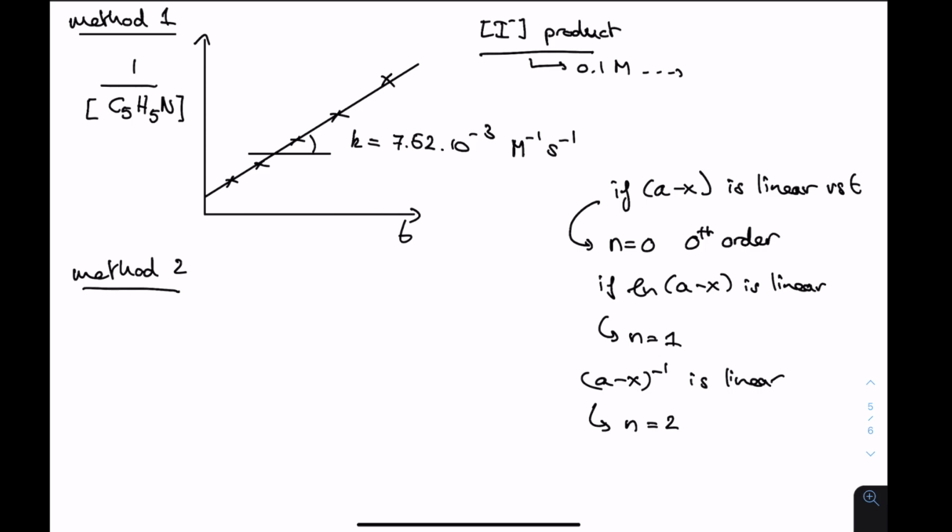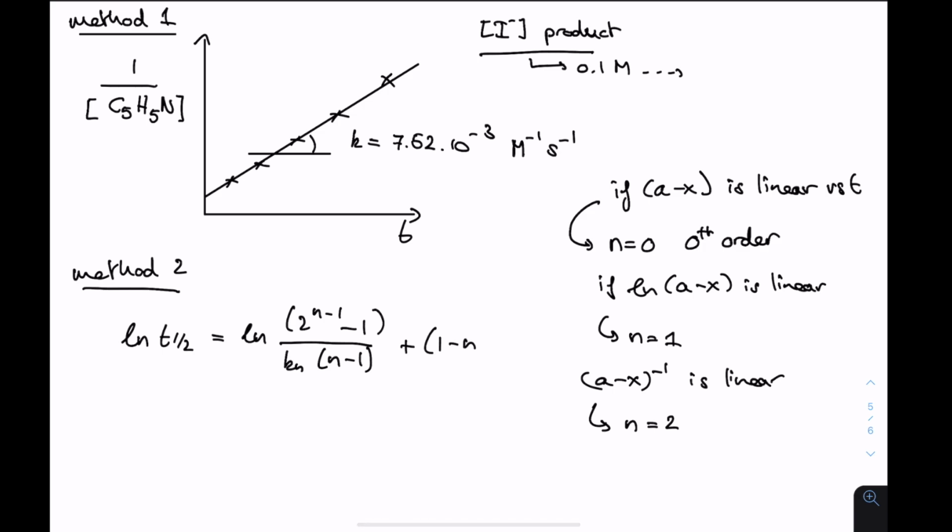So without deriving everything, there is a relation, which is the following: ln t half equals ln of (2^(n-1) - 1) over (k_n (n-1)) plus (1 - n) ln A. So let's look at this equation, right? This first term is a constant. The second term has the order n, and it has the ln of the initial concentration, so this is a constant,